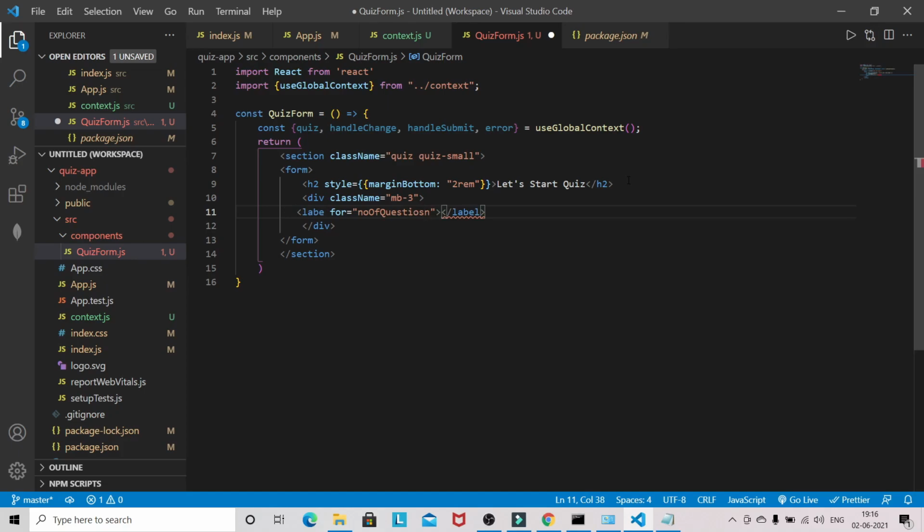So you have to give the heading Number of Questions, and make it correct here in the label.